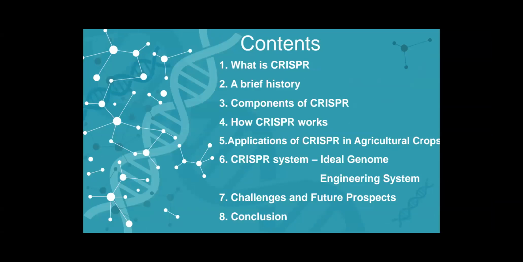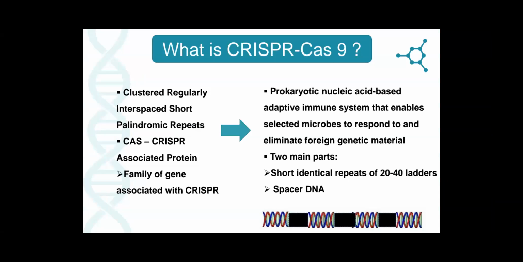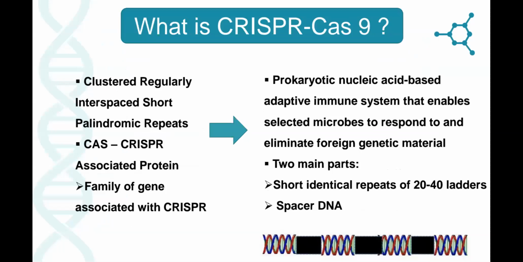So first of all, CRISPRs are the clustered regularly interspaced short palindromic repeats. The CRISPR system is used by bacteria to defend against invading viruses by cleaving their DNA. Thus, it acts as a self-immunity system, and this system is being utilized for crop improvement. Cas denotes CRISPR-associated protein, and the most commonly used is Cas9 protein, which is a DNA cleavage domain.